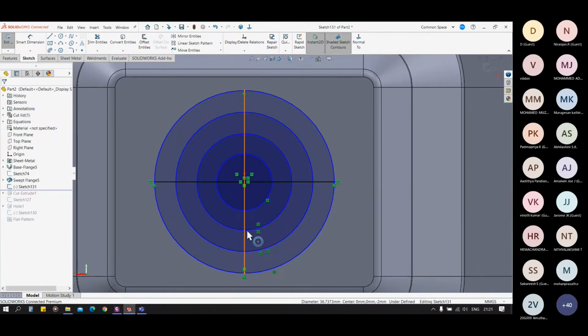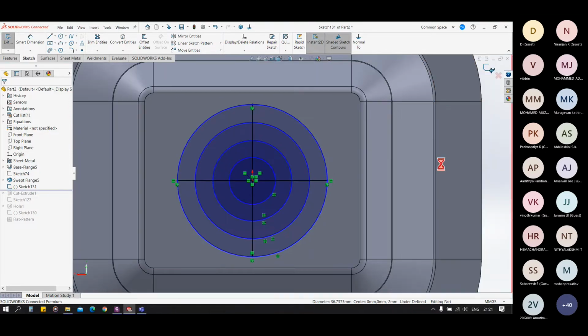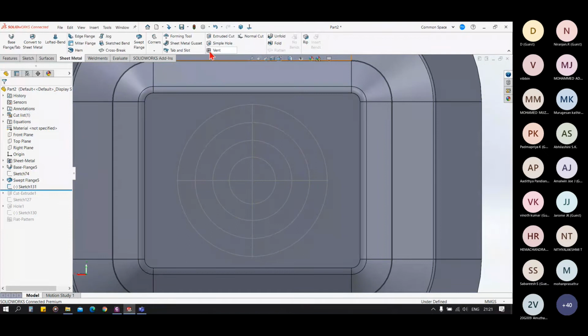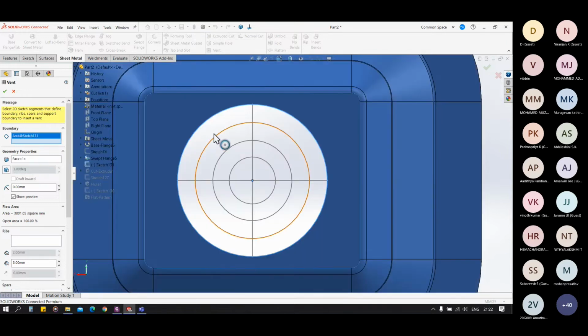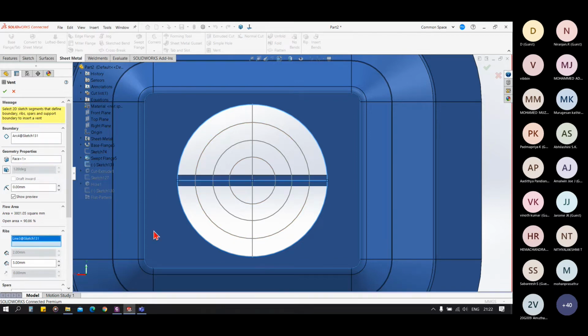In this case we have used 4 supports. We exit the sketch, and after going to vent, first we have to select a boundary. Boundary means the outermost circle. After selecting the outer circle, it will cut all the part in it, and we have to select the ribs. So in the ribs we can select our 4 ribs.